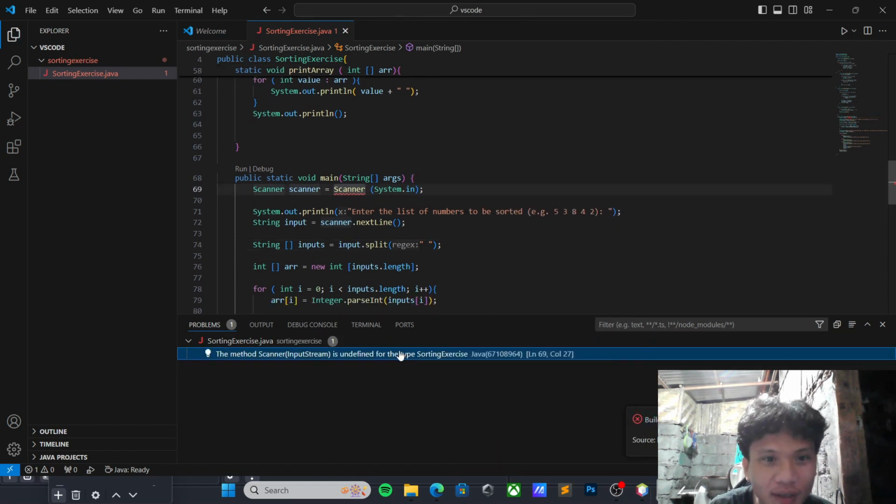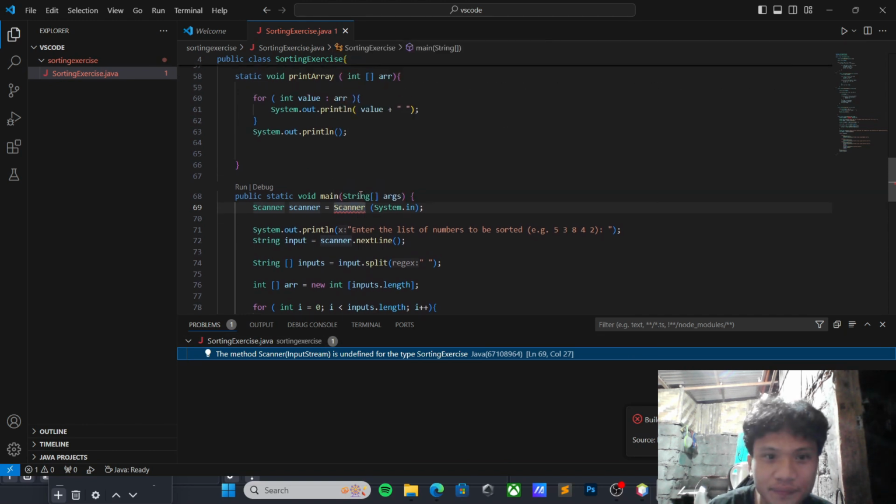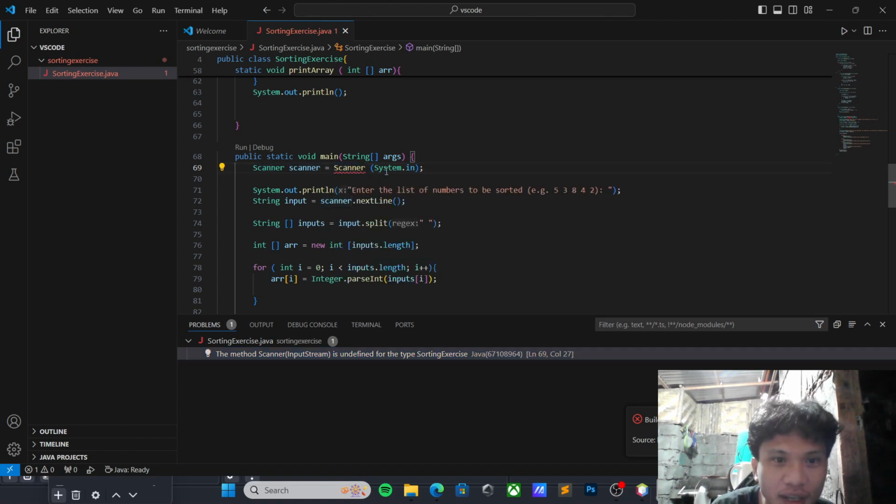There's another error, it says scanner cannot be resolved. Okay, so we didn't put the keyword new, so we didn't create an object.